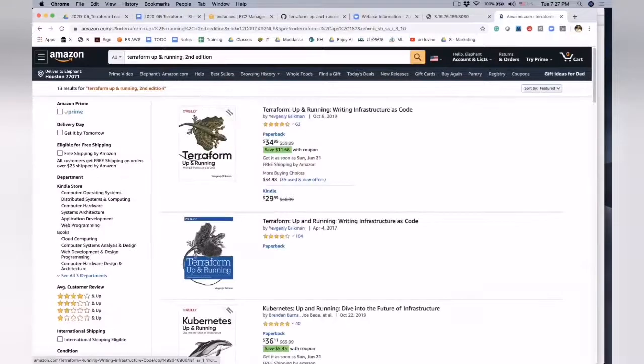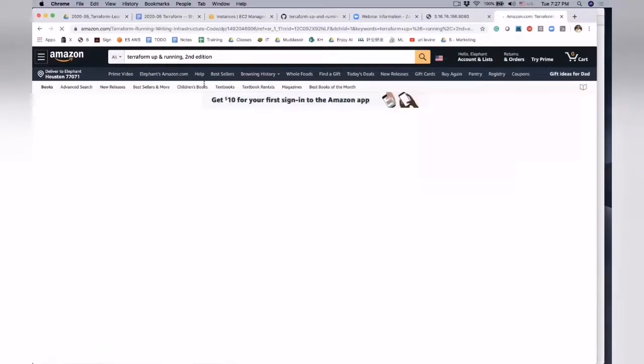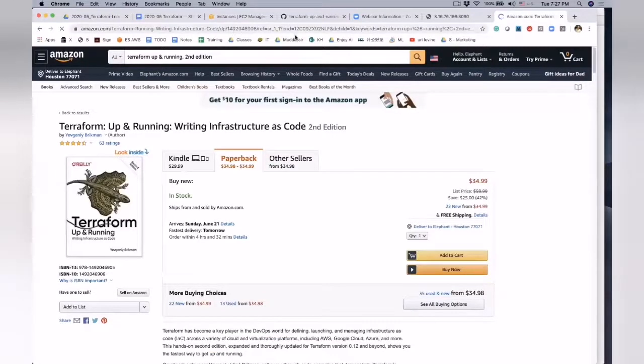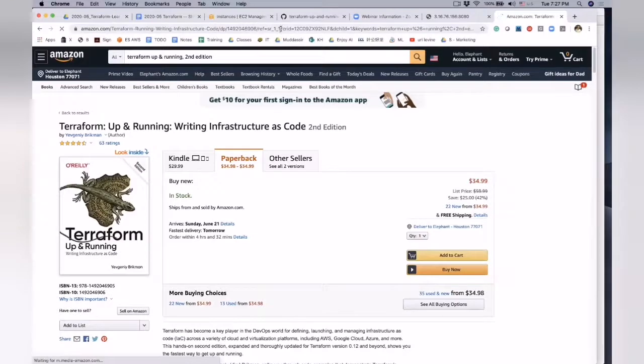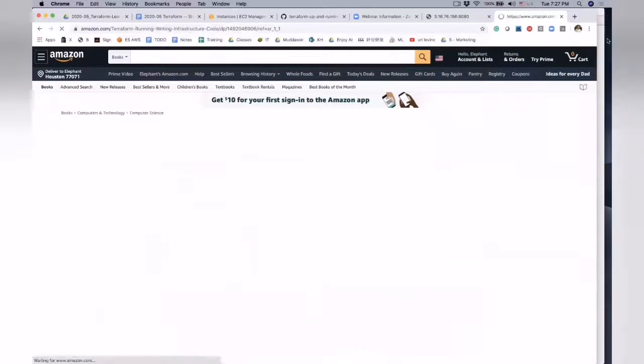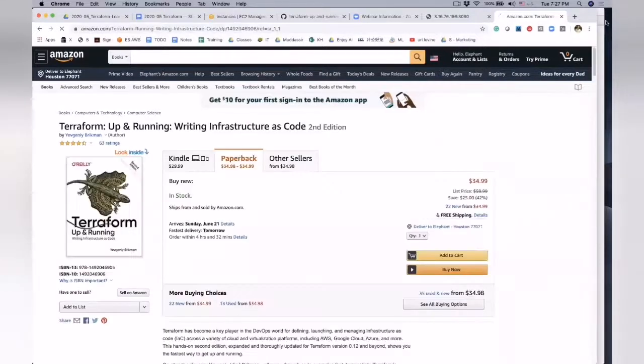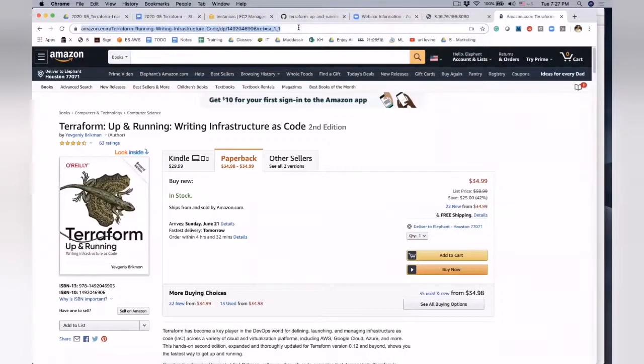That's the one. Okay, so that's a real book. Let's take away the extra information. I think we don't need any of that. It should still give us the same book. There you are. Book.